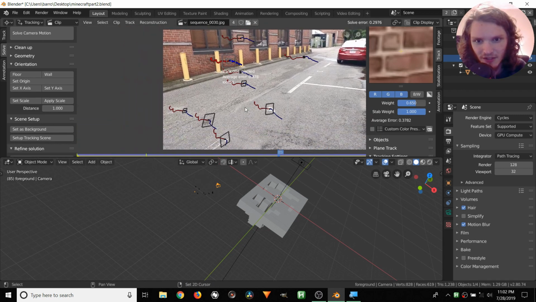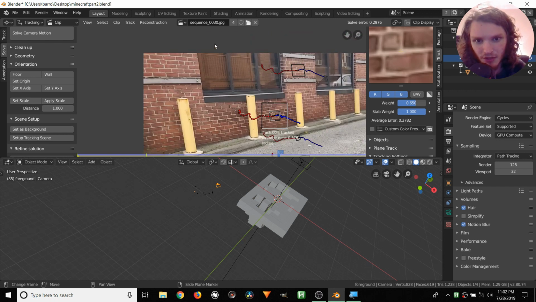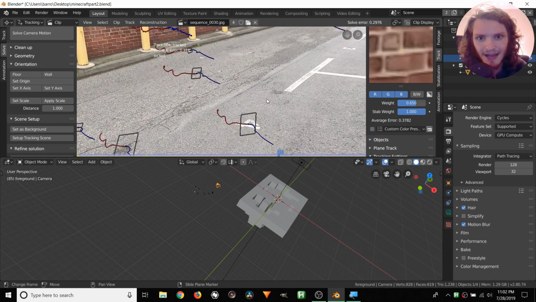The easiest way to do this is just to pick 3 trackers that are on the floor, and the floor is whatever you want it to be. In this case, we want it to be this pavement, but the floor can also be this wall. It's an issue of orientation. You could choose whatever basis, if you know linear algebra. It's not really a basis, but a frame of reference. So we're going to choose this asphalt to be the floor.